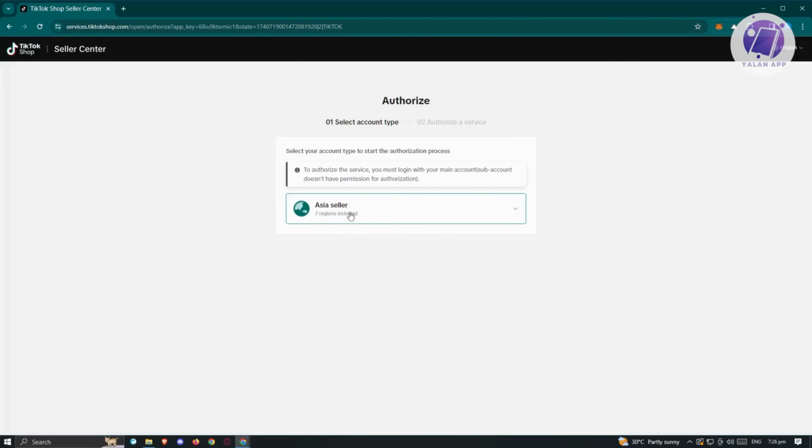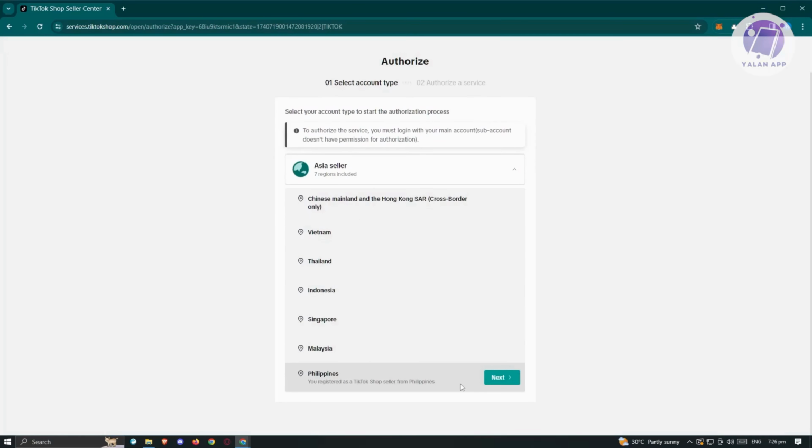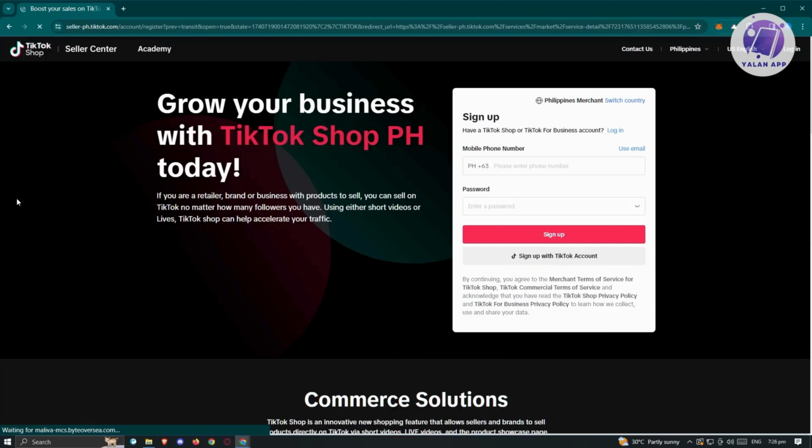Now in this case, we have the Asia seller here. Again, if you're selling from the US, choose TikTok US. Now in this case, we need to choose a country here. So maybe I want to use the Philippines here. Just click on next, and you'll be redirected to the TikTok Shop seller page here, where in this case you just need to enter your credentials and sign up, and from then you should be able to connect your